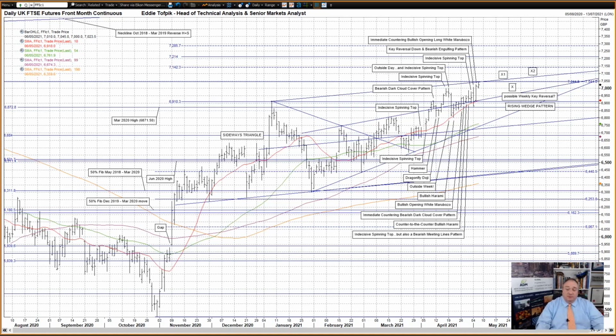You can imagine with only a 4-day week this week here, it's quite a feat. If we close on Friday over 69.38, we'd have a weekly key reversal up. Additionally, the market opened back up over the upper trend line, currently at 69.18, of the January to date broken rising wedge pattern after spending just one session back within the wedge. I suppose it still all hinges now on what happens on Friday, but in the meantime, it's nice to note